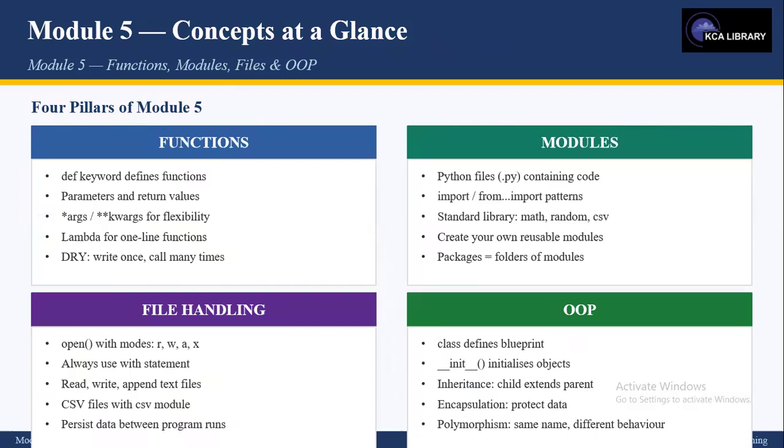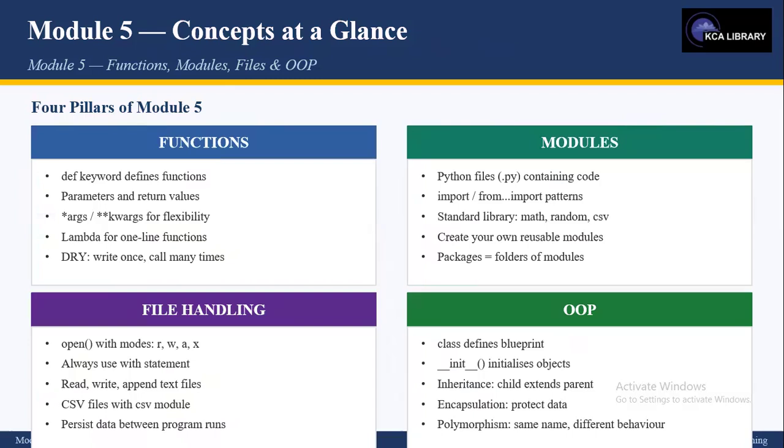Concepts at a glance. Let us summarize the 4 pillars covered in this module. Under functions, the def keyword defines a function. They accept parameters and return values. *args and **kwargs provide flexibility. Lambda functions offer concise one-line definitions and the DRY principle guides reuse. Under modules, modules are Python .py files imported using import or from import. The standard library includes math, random, and csv, and packages are